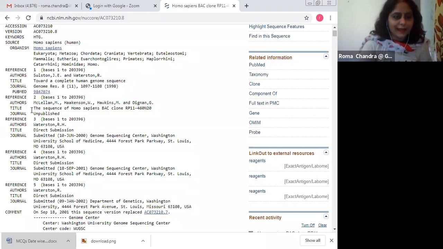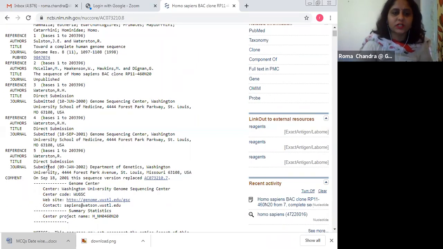The title is here, and it was a direct submission. Because we had these various versions, they never went for a new research article, they just submitted this nucleotide.